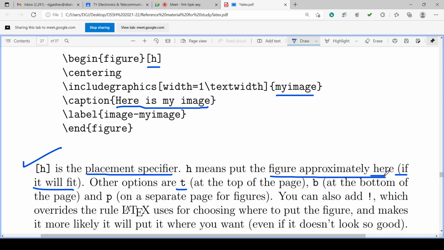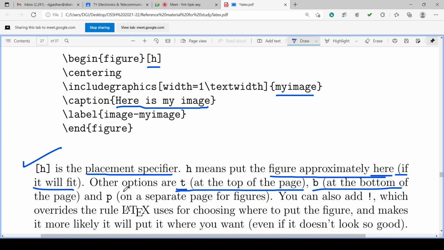Instead of H in the square bracket, we can put small t. We remove small h and keep small t. What will it give? It will generate the output such that the figure is at the top of the page. T is top of the page.